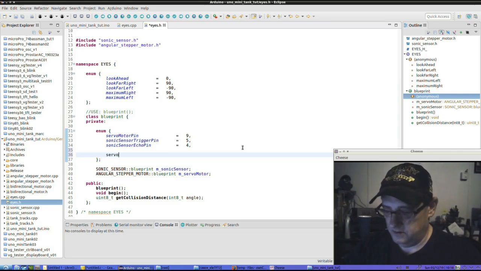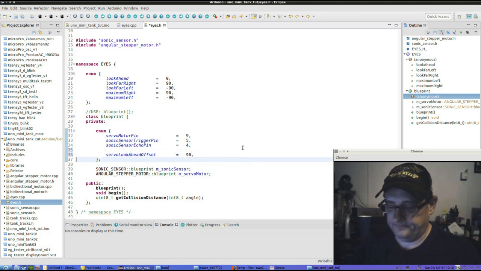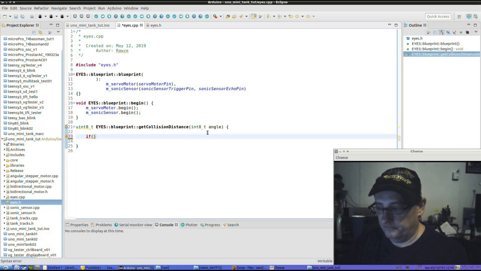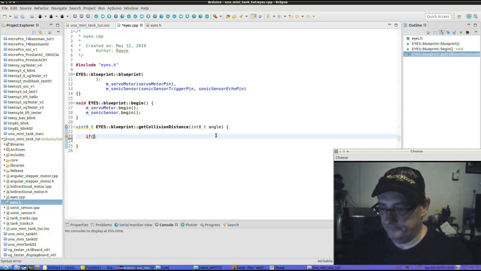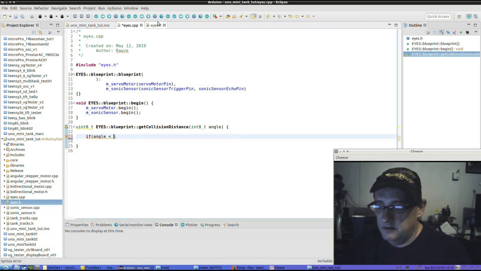Servo motor, or how about servo look ahead offset equals 90. There we go. Yeah, that looks good. Angle is less than our,